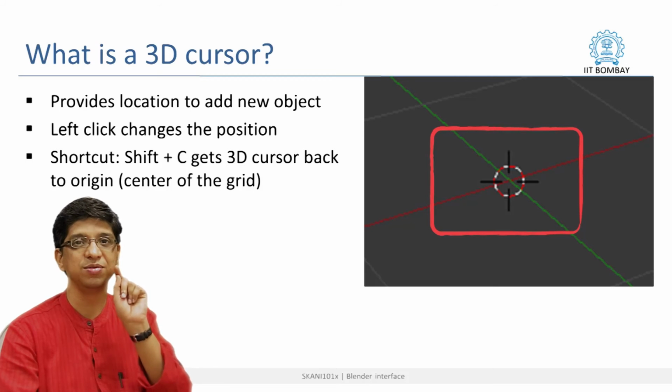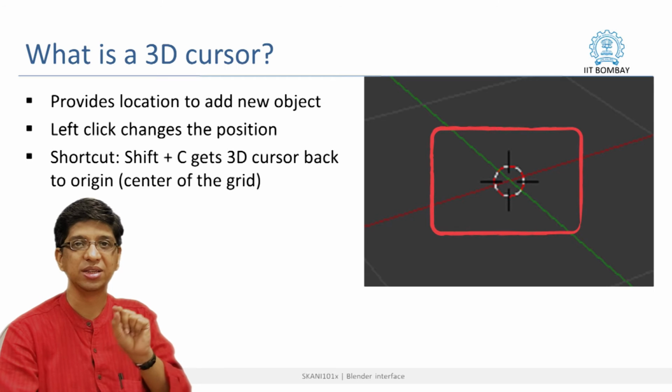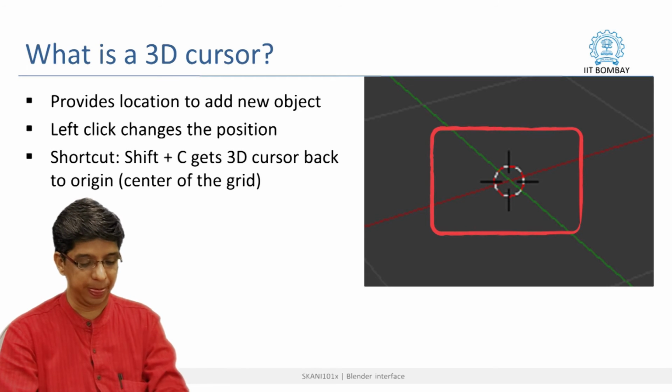Most of the time we have seen people that they zoom out a lot and then they click with their left mouse somewhere, and the 3D cursor is moved. Now when we tell them that okay, add a cube, they do the adding of the cube shortcuts, but they realize that they cannot see the cube because the cube has been added at the point where the 3D cursor was located. To avoid such problems, I suggest use Shift C as the first shortcut and place it in the center of the scene. That will help you a lot.